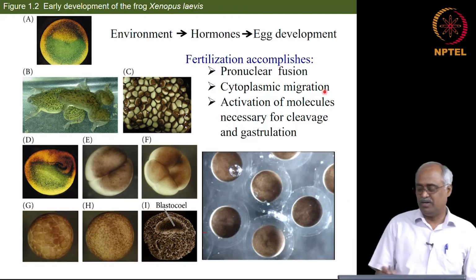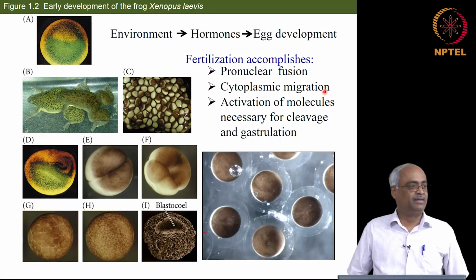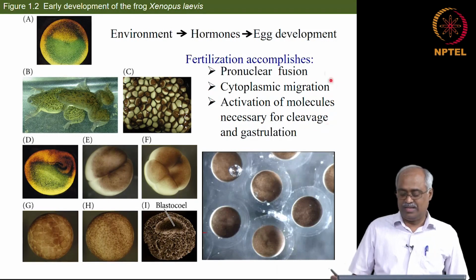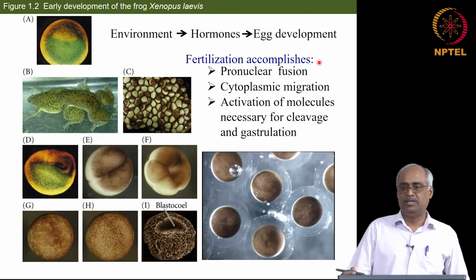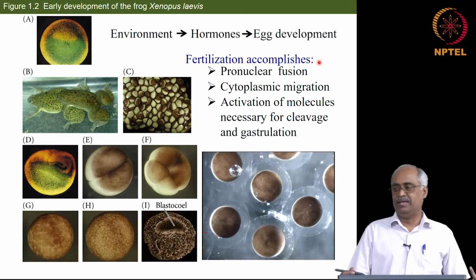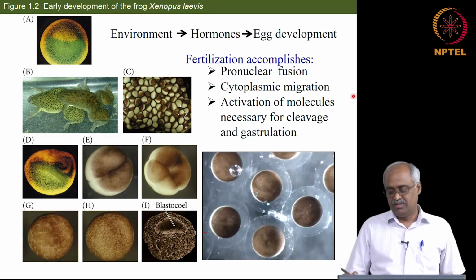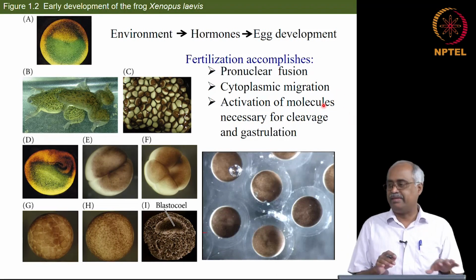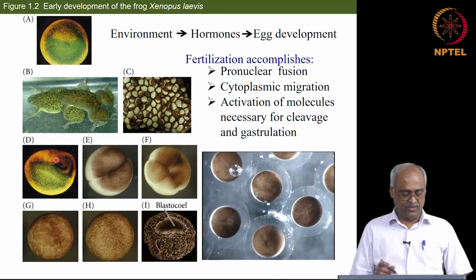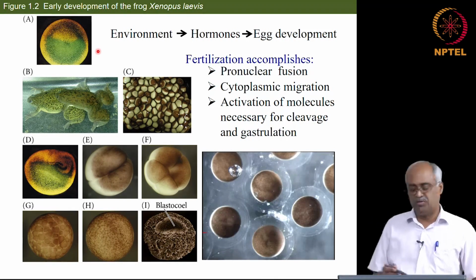So now let us look at what is fertilization. So you already know the fusion of sperm and egg is what we call as fertilization. So it achieves the following 3 points. One, pronuclear fusion, both the nuclei fuse and create the diploid first nucleus of the next generation. Then cytoplasmic migration, the internal rearrangement of the cytoplasmic components. For example, in this it's colored, stained to distinguish.